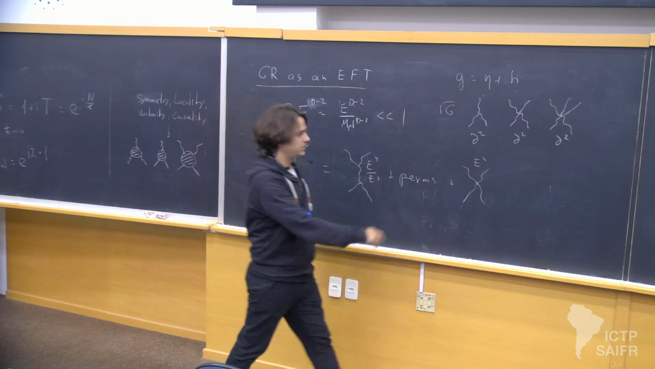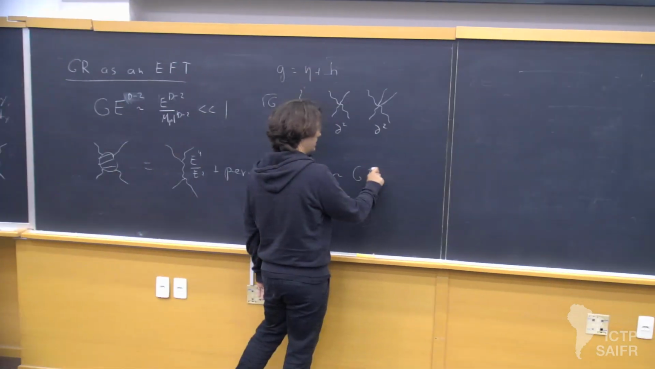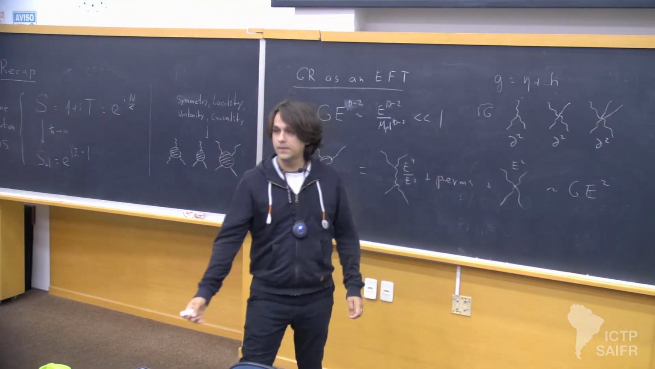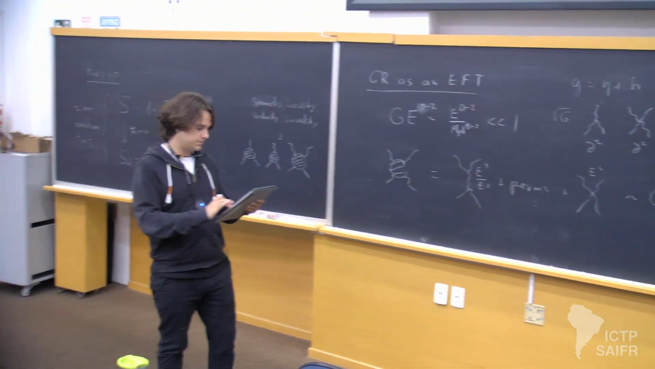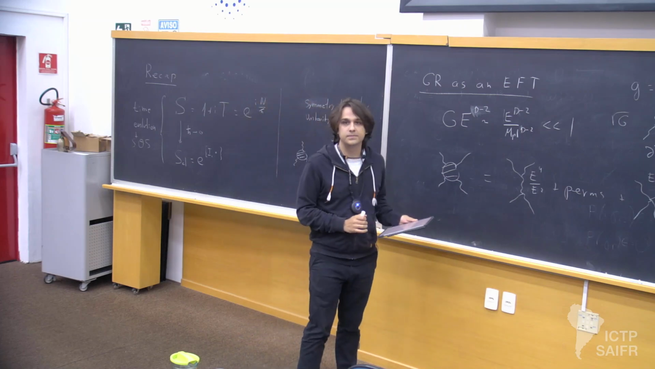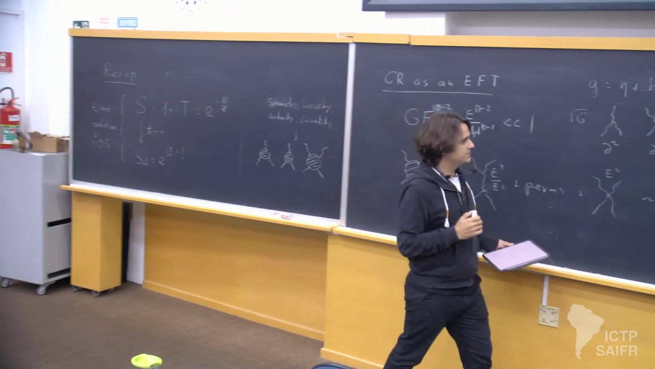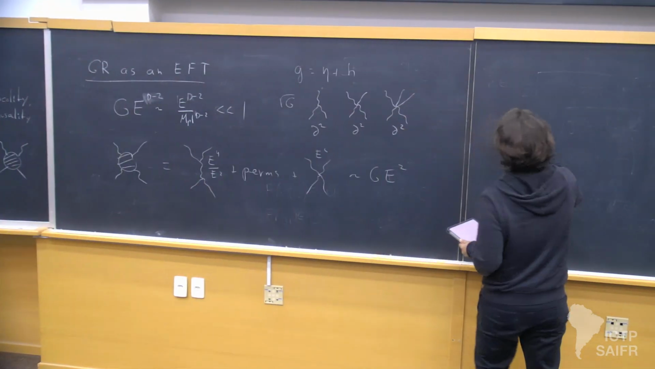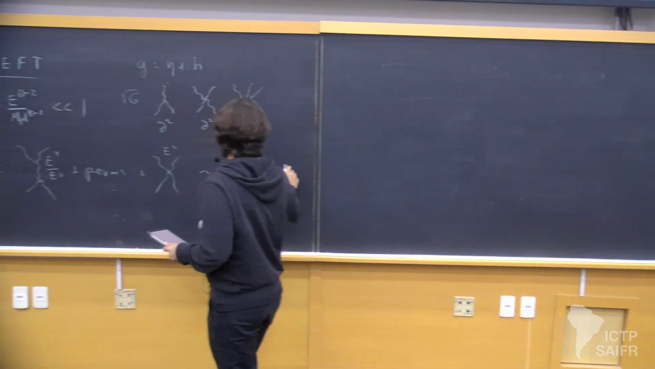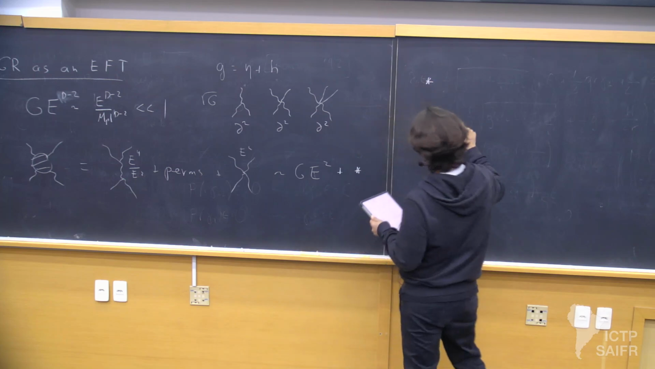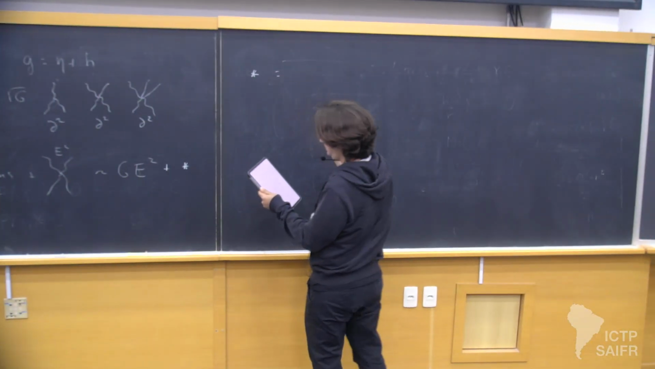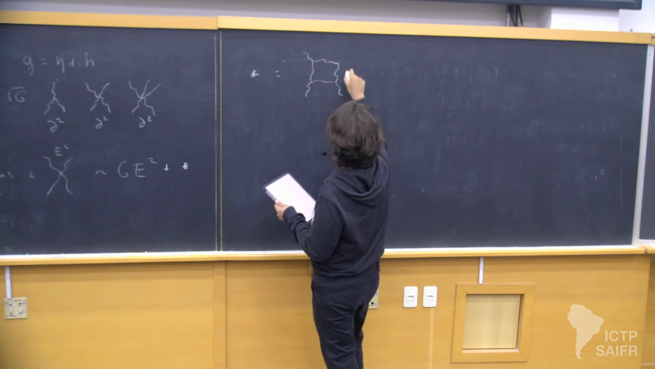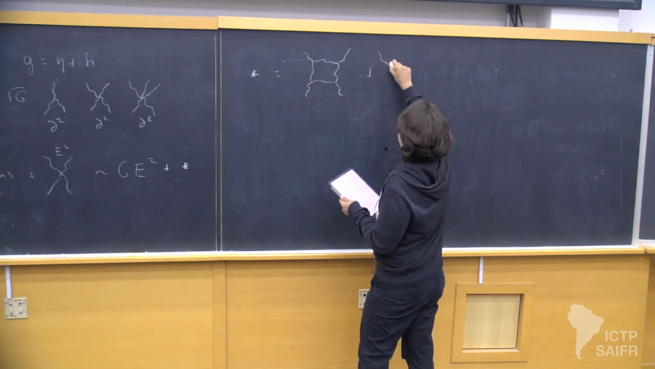So all of these terms will go like g e squared. So in principle, they're small. Okay. What about loops? So now let's add some loops. So let me add them up here. So let me draw, for instance, that I could have a box diagram, some triangle diagrams,